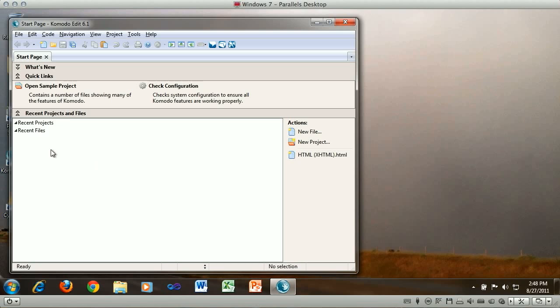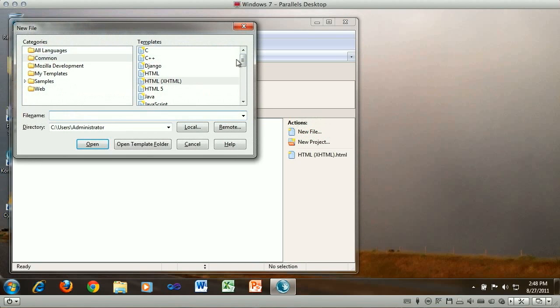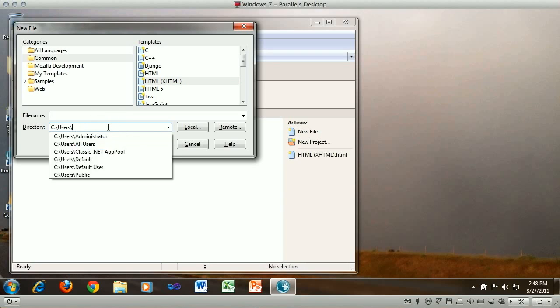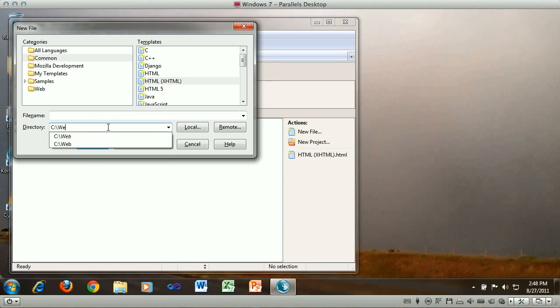Okay? But what I want to do is I want to create a new file. And if I click on New File, it'll give me all kinds of programming languages from which to work. Well, the programming language that I'm interested in right now is HTML or XHTML, okay? And I don't want it to store there. Where I would like it to store is in a directory that I created right off of my hard drive called web. Okay, and this might be the main index file that I'm going to be creating for my web domain. And I'm going to name it